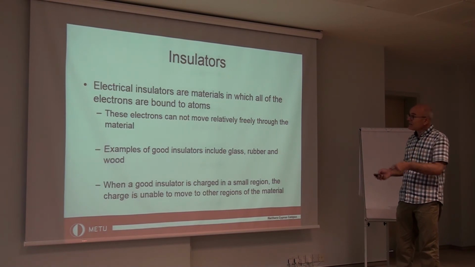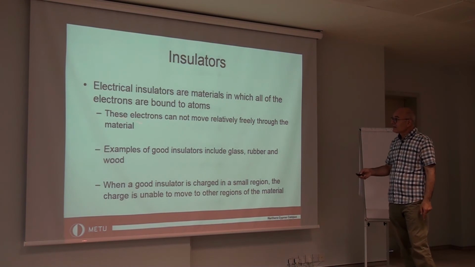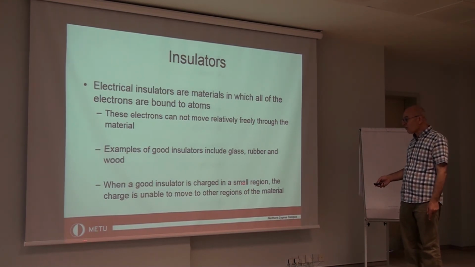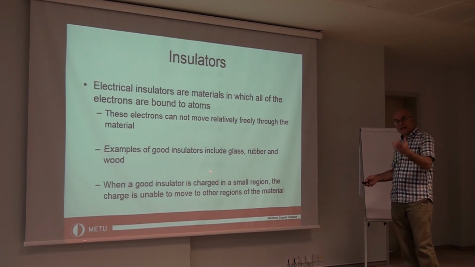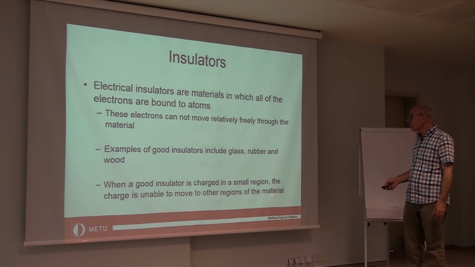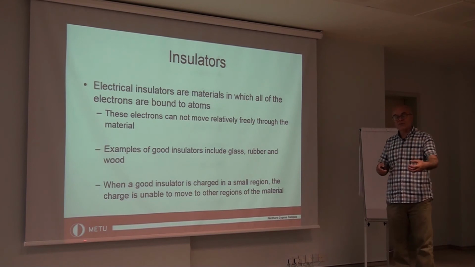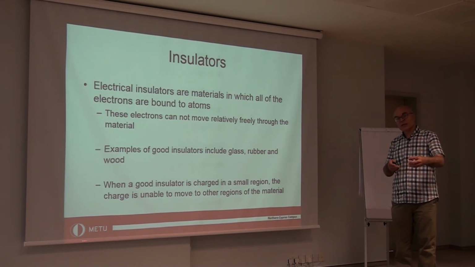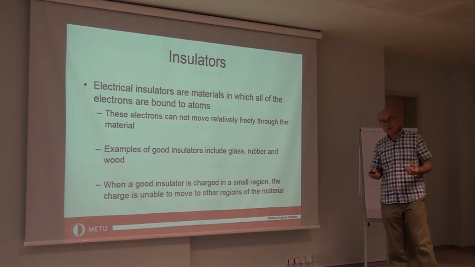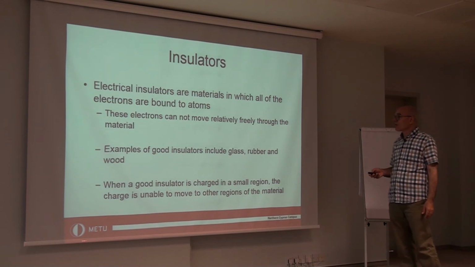And as a consequence of this, when a good insulator is charged in a small region, that is when you add or take electrons from some small region, then the charge is unable to move to other regions of the material. So if you charge one end of a glass rod, for example, the charge will remain there. It will not move and spread through the whole rod. Okay, so this is an important property of